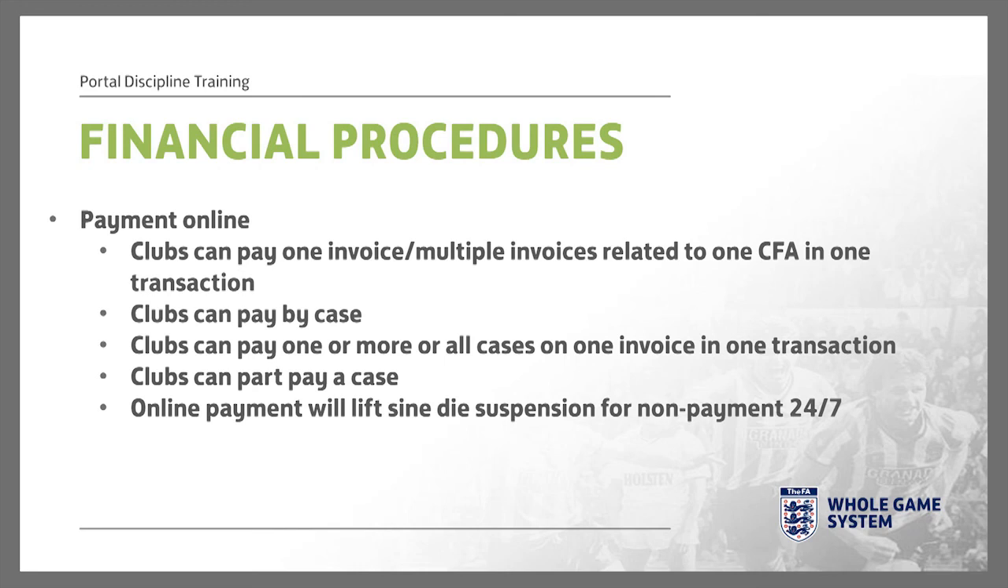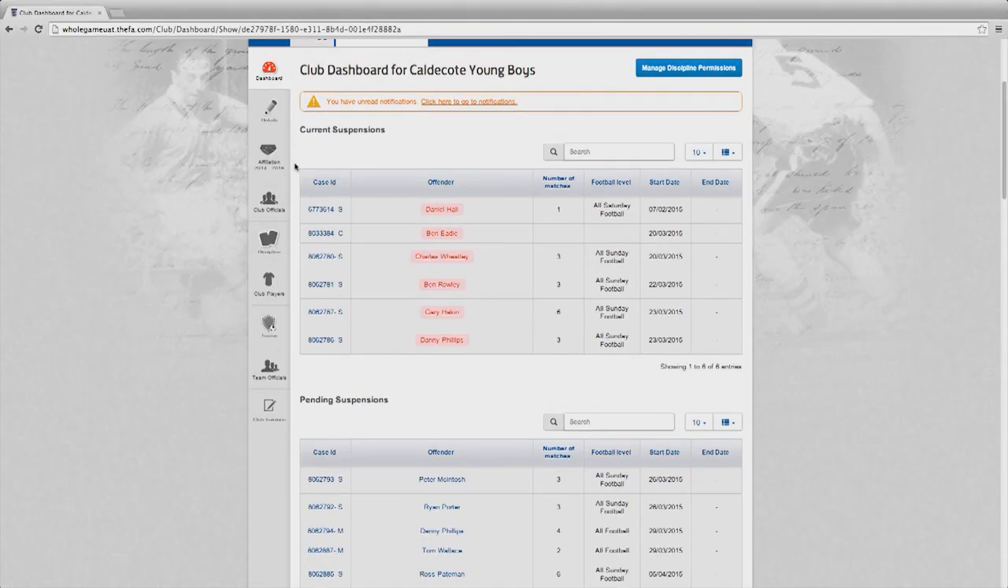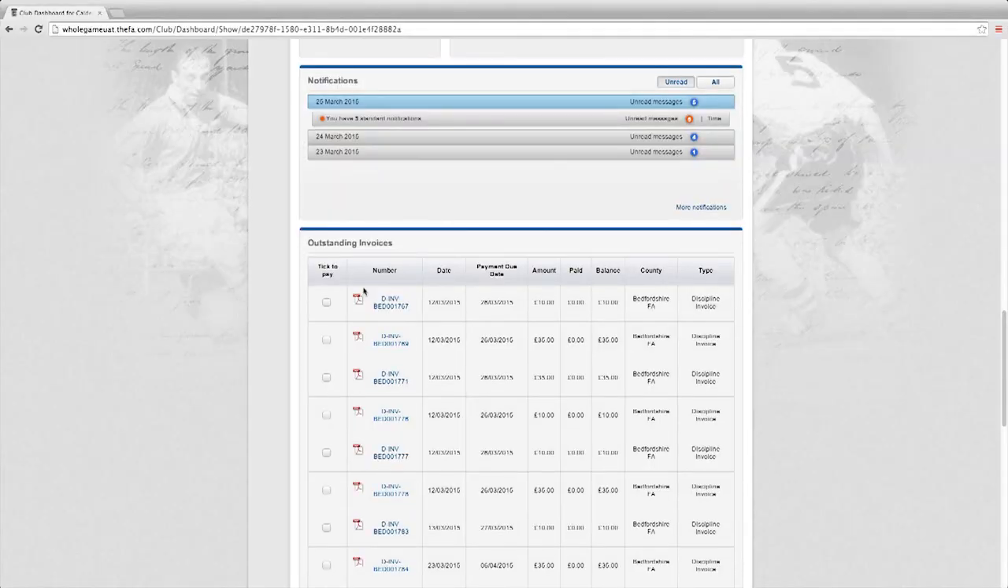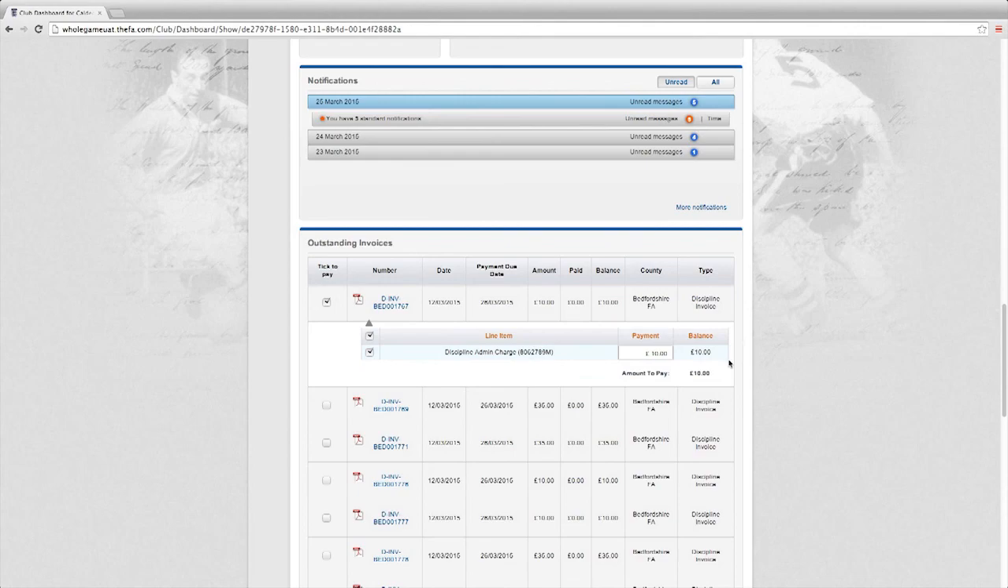Let's have a look at the basic financial functionality. In this session, I want to pay an invoice. Remember, we have separated the invoicing process, the financial implications, from the discipline process. To pay an invoice, I simply select which invoice I wish to pay on the home screen by selecting the